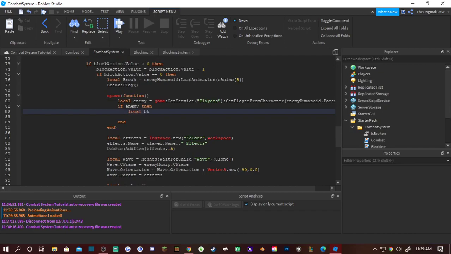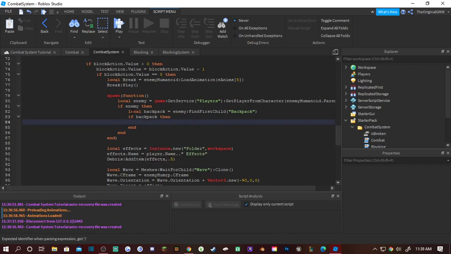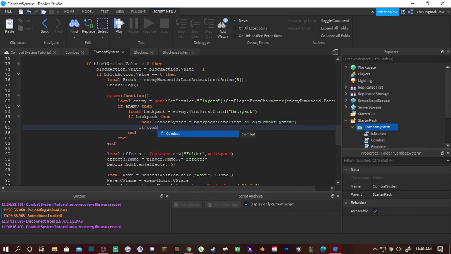So local backpack is equal to enemy find first child backpack. If backpack, then now we need to call on this folder. So local combat system is equal to backpack colon find first child combat system, and if combat system,